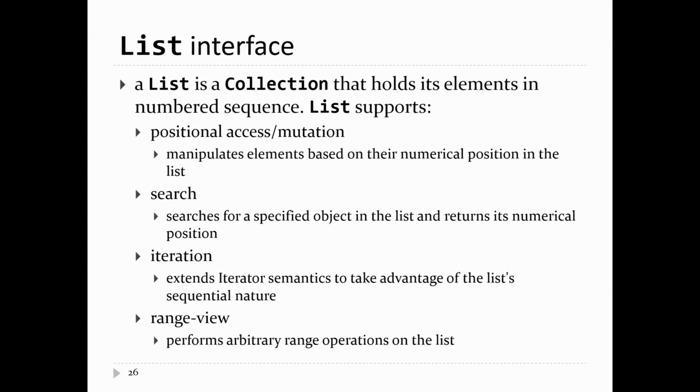So a list is a collection that holds its elements in a numbered sequence, which we've seen already. When you use a list, you use an integer index to access the elements. So list supports positional access or modification, meaning you can manipulate an element based on a numerical index. You can search a list,